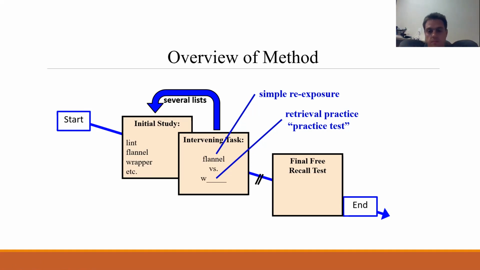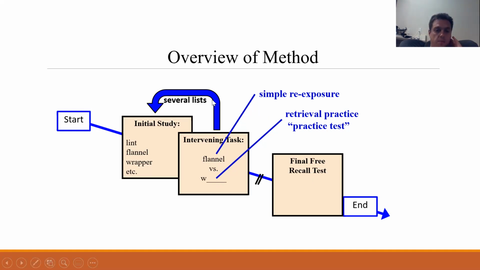And then we split up your results based on how many you recalled that you restudied versus how many you recalled that you tried to retrieve, right? So pretty straightforward design. This intervening task is the independent variable typically, and then we calculate how well you did on each of the sets of words based on how they were studied. Were they restudied or did you do a practice test? This is the typical method, but we did something even a little better, which I'll get to in a second.